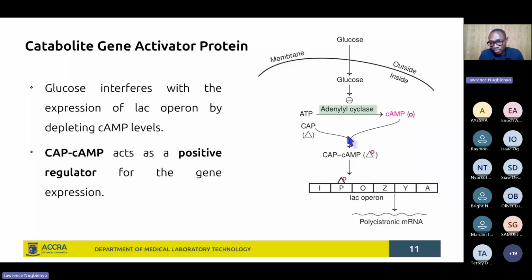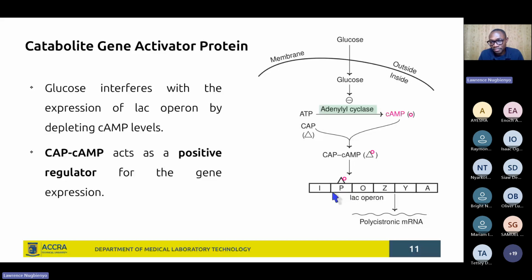The two of them bind to give you the complex that binds to the promoter region, activates the Lac Operon for RNA polymerase to come and bind onto that also promoter region for the process of transcription